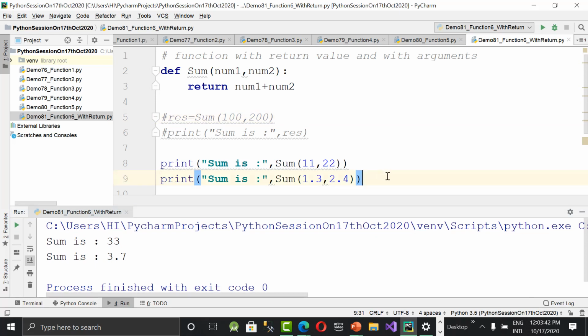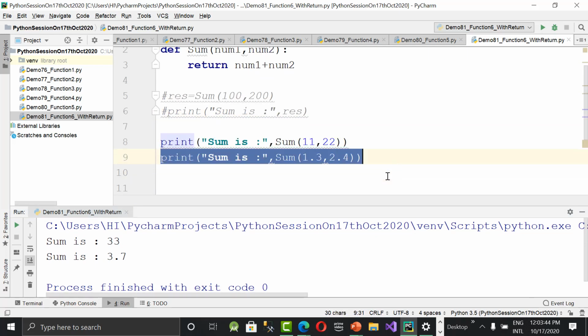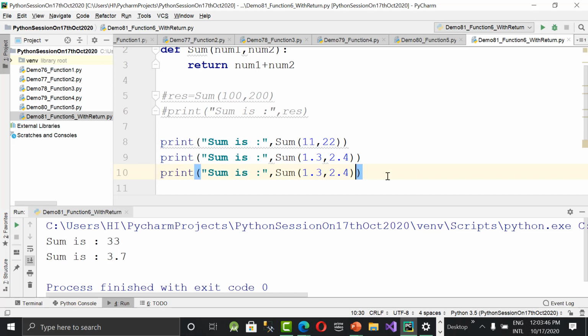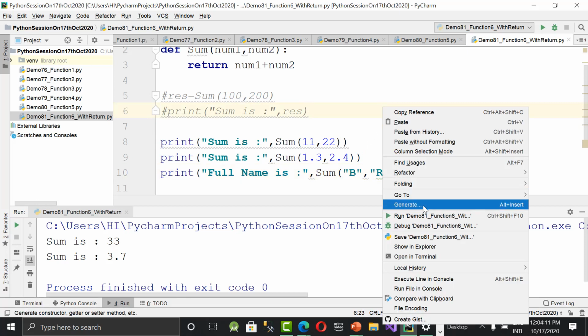Suppose I'm passing first name and last name here as two parameters: B, and Ravali. Both will be concatenated together, so I'm giving a space here itself, because it won't give you a space. See now, full name is B Ravali.